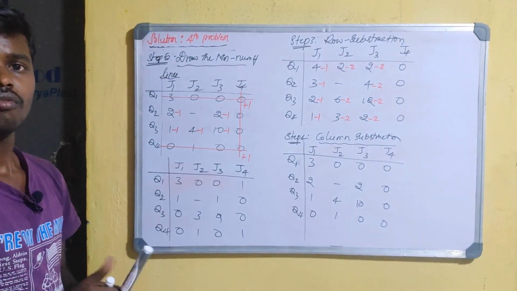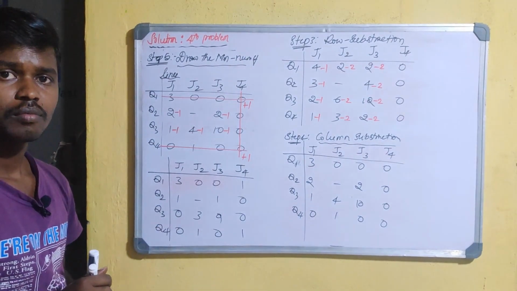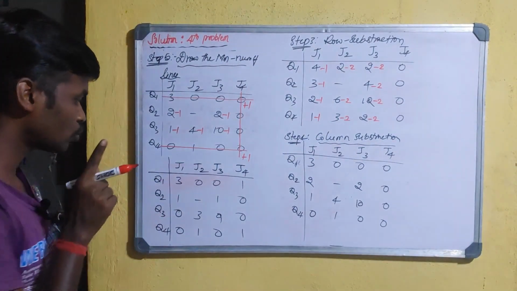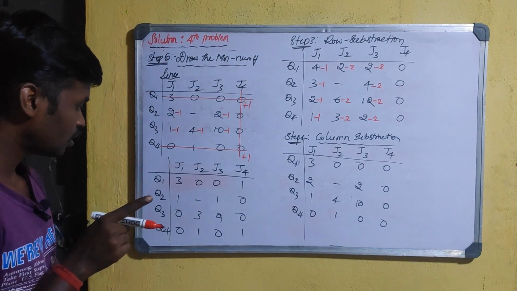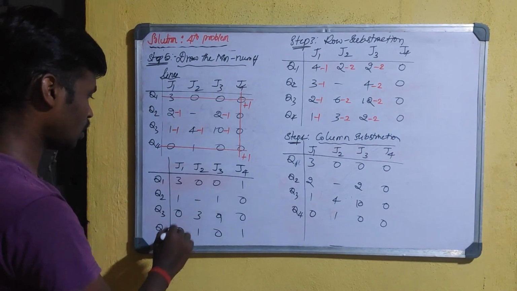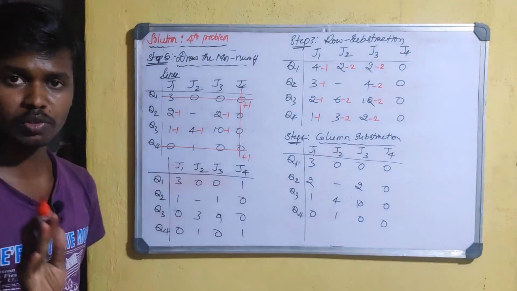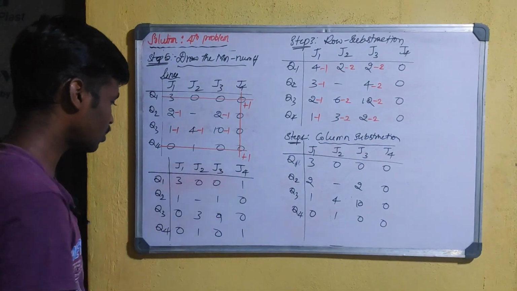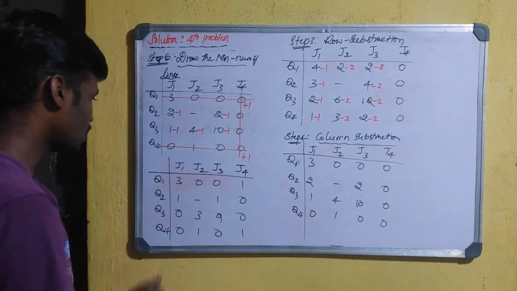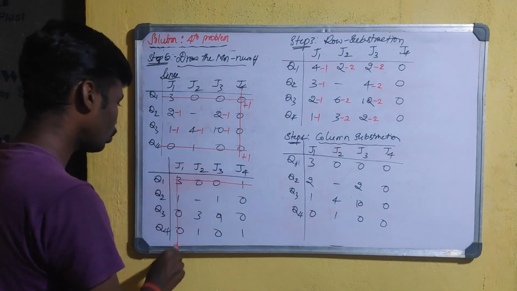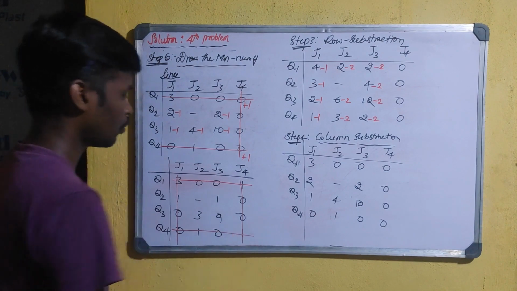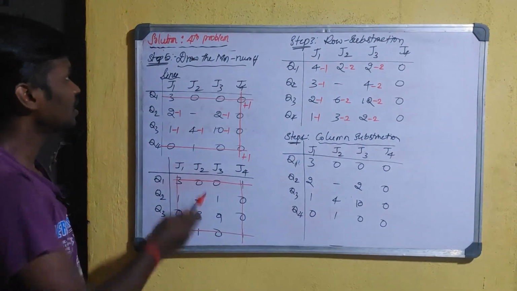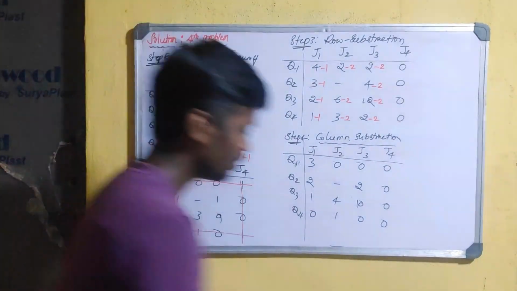So again we have to cancel all the zeros by using up to a maximum of 4 lines. See, is there any possibility to cancel all the zeros by using a single line or double line or triple line? 1 2 3, 1 2 3 4. So it is not possible to cancel all the zeros by using 3 lines. Therefore we finally have to use 4 lines to cover all the zeros. Okay, see, 1 2 3 and 4. Okay, next this step will end here. Next step, that is the sixth step.